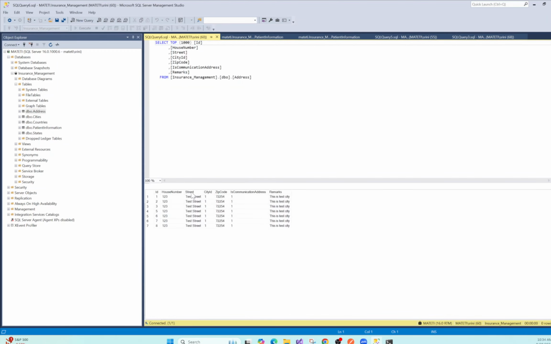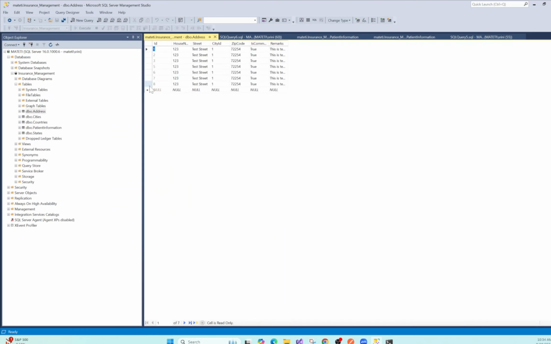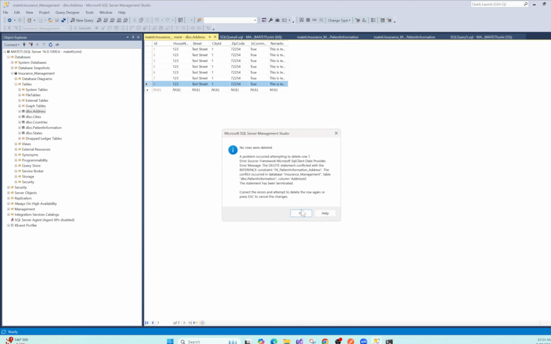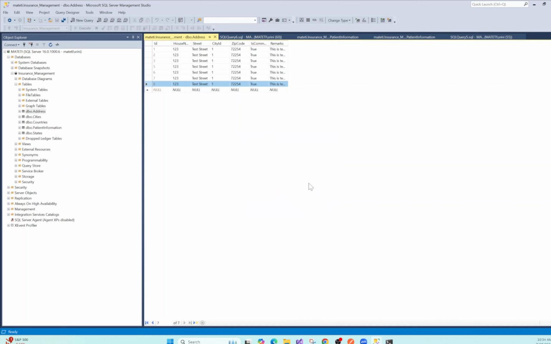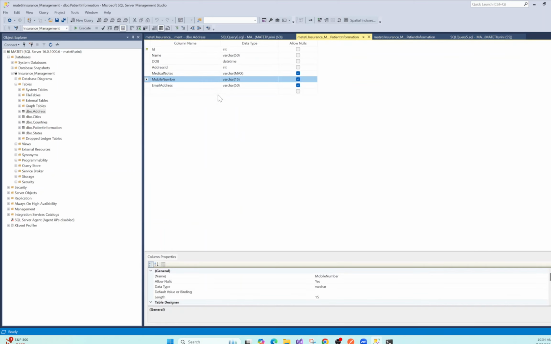Is it vice versa? Okay, so the address table. The last record has a parent record, right? So this is valid, you should be able to delete. The problem occurred, so that means the relation we defined in a